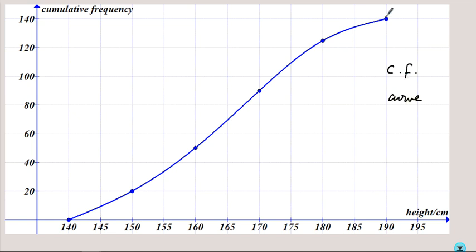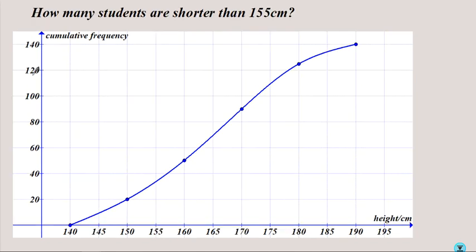Note that the end is 140, which is the total number, and at the end here, the 140 represents the shortest person, and the 190 represents the tallest person. Now this curve can be used to extract a lot of information that cannot be obtained directly from the table. So let's say that we want to ask the question, how many students are shorter than 155 centimeters? What we can do is we go to